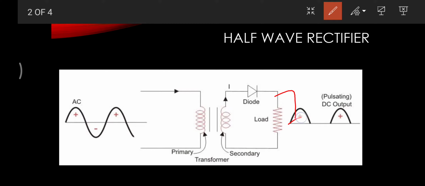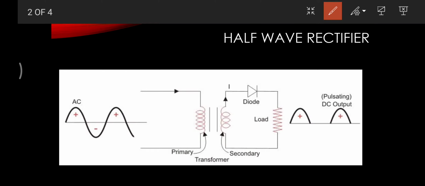We place a capacitor with the load. Hence, when the positive cycle comes, it not only appears at the output but also charges our capacitor. And when there is no voltage at the output, or the voltage goes below the voltage of the capacitor, the capacitor supports the output, so you get a voltage dropping at your load. And as soon as the positive cycle comes again, it again charges the capacitor and appears at the output.